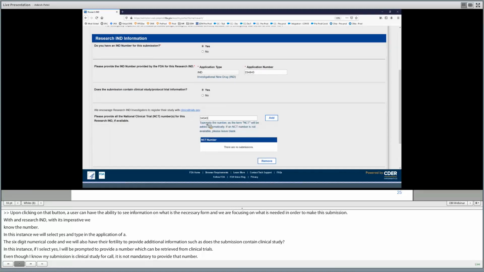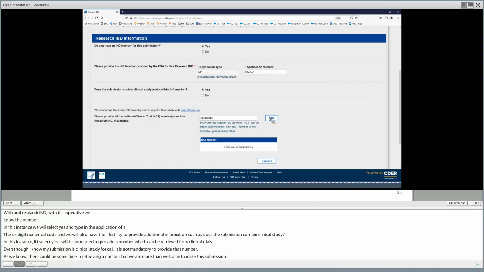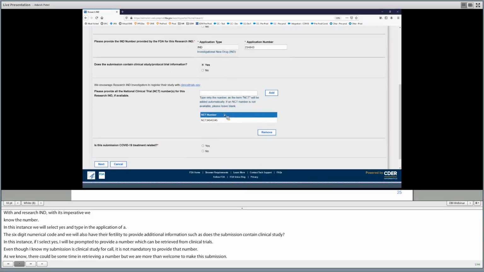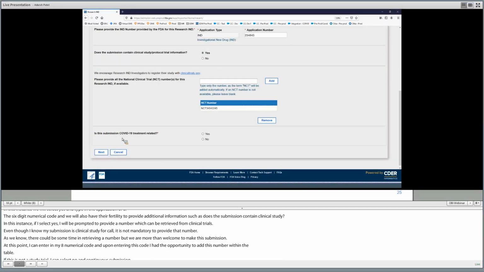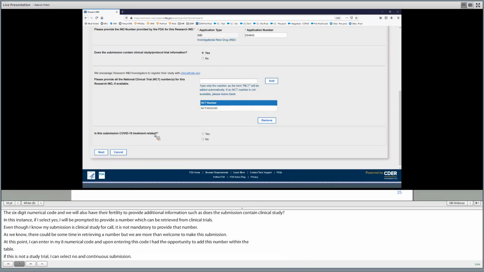At this point, I can enter my 8-digit numerical code for NCT, and upon entering this numerical code, I have the opportunity to add this number, and the NCT component is added within the table. If this is not a clinical study protocol trial, then I can select no and continue on with the submission as well. The last question that is prompted allows the user to notify FDA if this is a COVID-19 treatment. If this is for a COVID-19 related treatment submission, then please select yes and continue on into the next screen